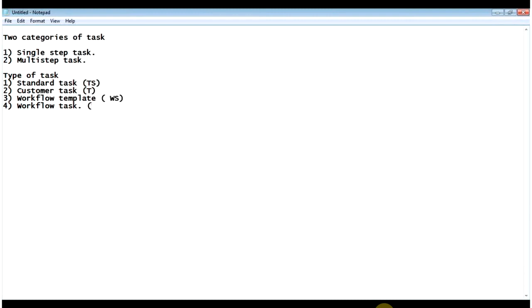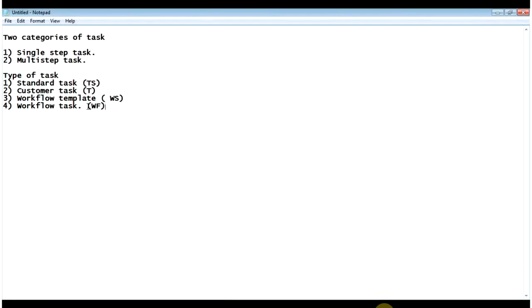Now coming to the type of task. The first one is standard task.